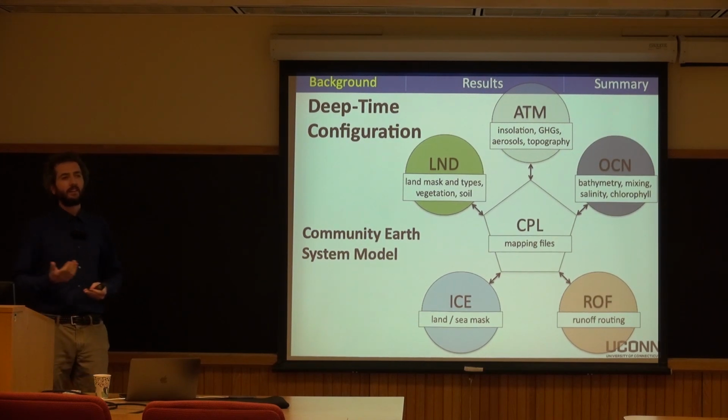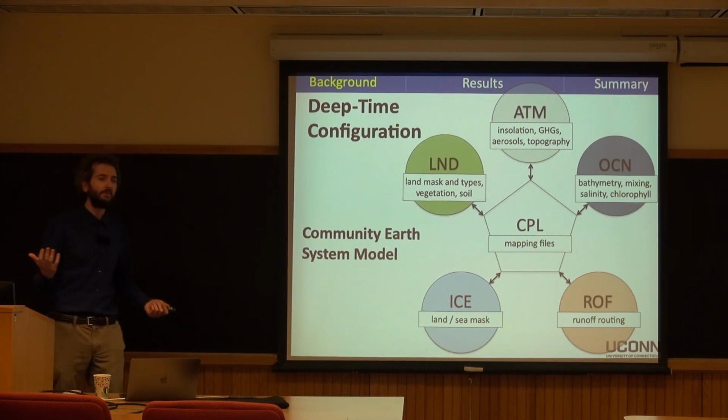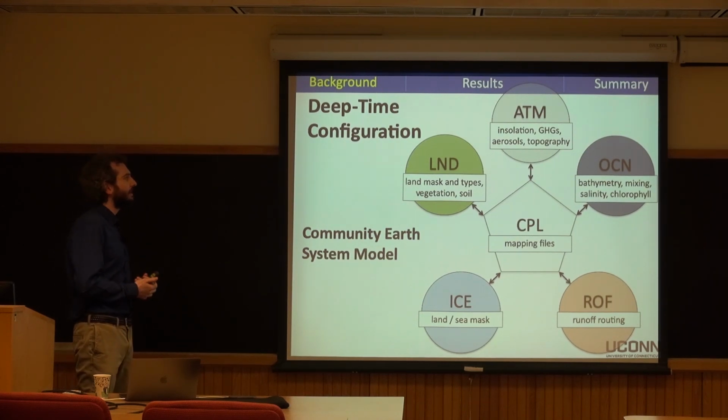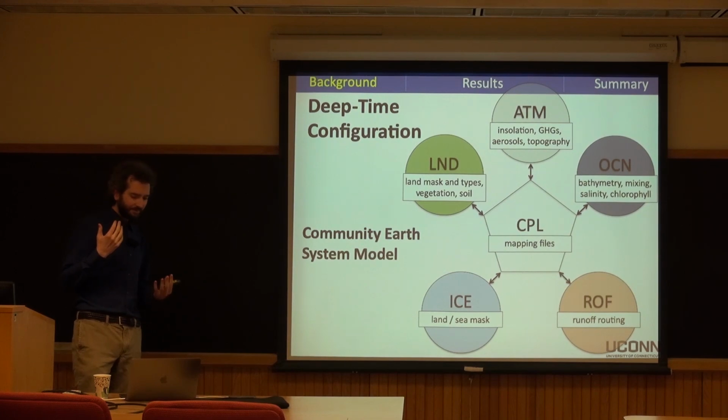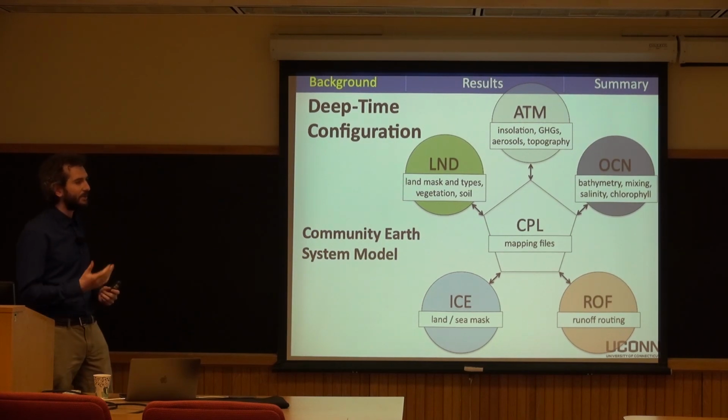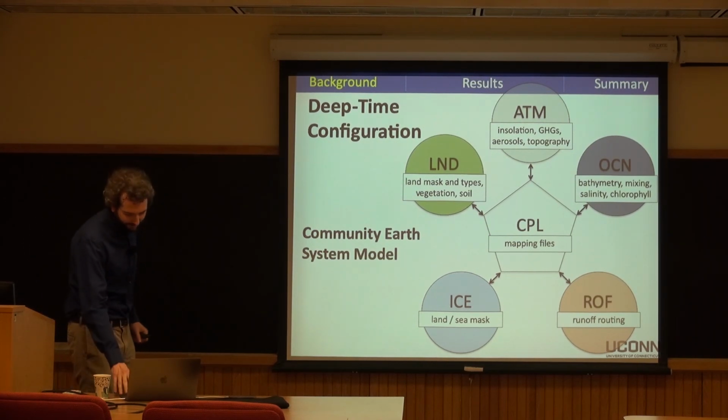And we need to change a lot of things, especially when we go into what we're calling deep time climate, where our continental configuration is very different than present day. So we need to change the land sea mask, atmospheric composition, insolation, aerosols, you name it, a whole bunch of different things all need to be modified, and it's not terribly easy to do so most of the time.